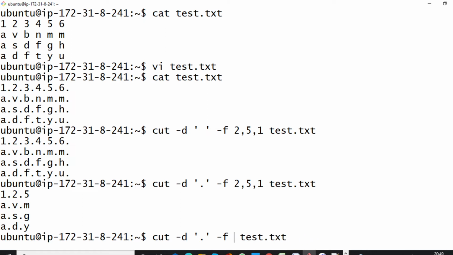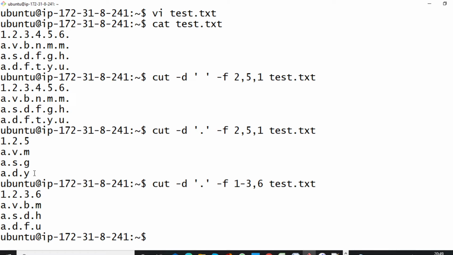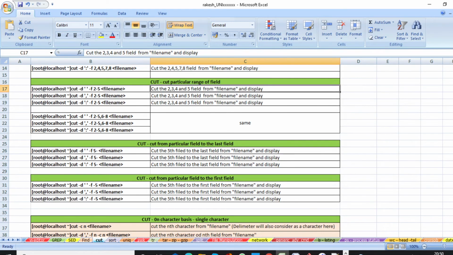Suppose I want to print 1 to 3 and 6. So 1 to 3 means 1, 2, 3, these 3 columns, and then 6, this one. You can see the first, second and third columns have been printed along with the sixth column. This way you can print by using the delimiter.